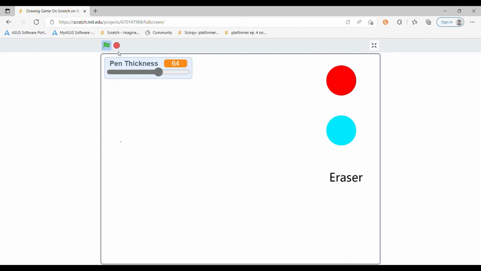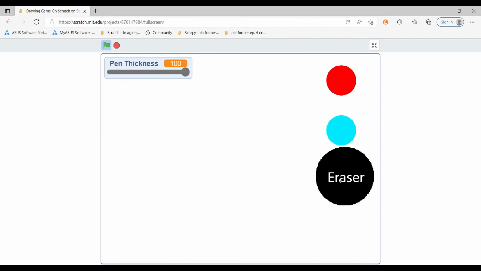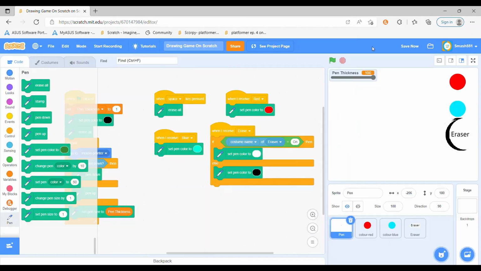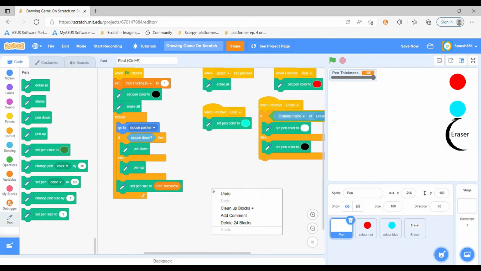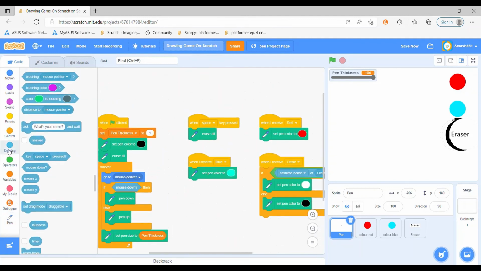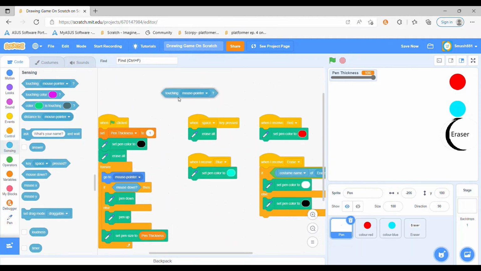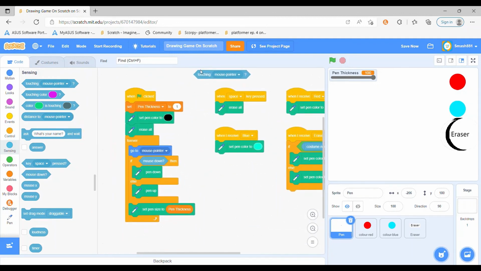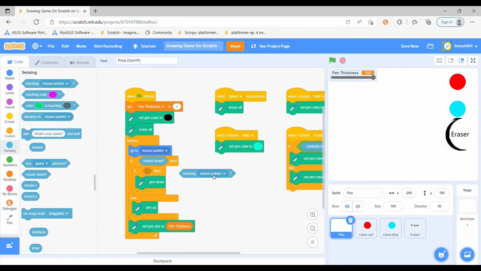So you can see there is a bug. When I click, okay, pen is 200. When I click, it draws there. So I think we will make cleanup blocks. Touching, yeah. Where is it over here? If mouse pointer,